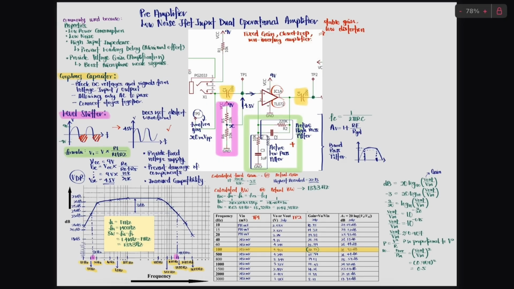In the first phase, we have the preamplifier, which is a low-noise JFET input dual operational amplifier. JFET stands for Junction Field Effect Transistor. It has fixed gain and is a closed-loop non-inverting amplifier. Using IC1A TL072, it supplies a voltage gain, with signals generally somewhere between 10 mV to 1 volt, but does